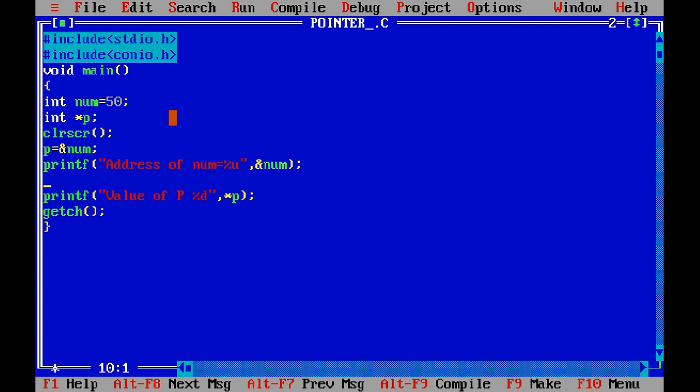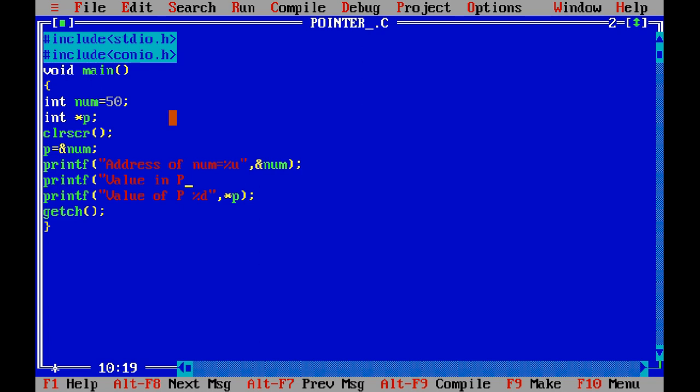And here in the second statement, I am printing the value in p.